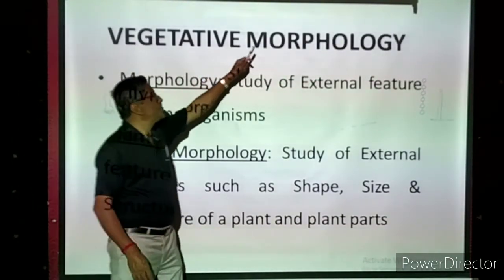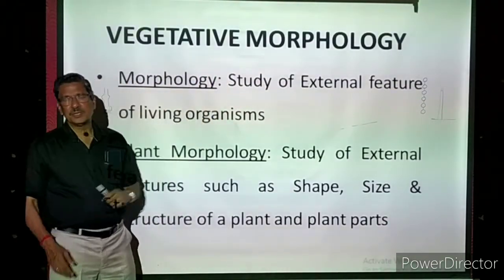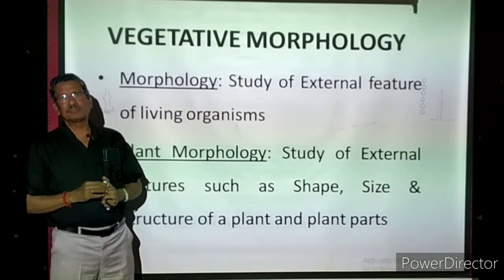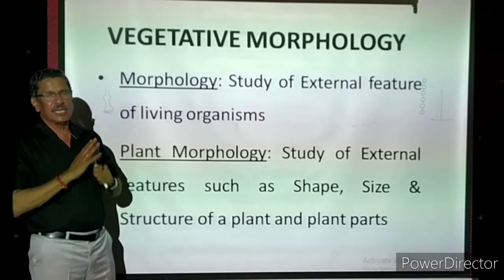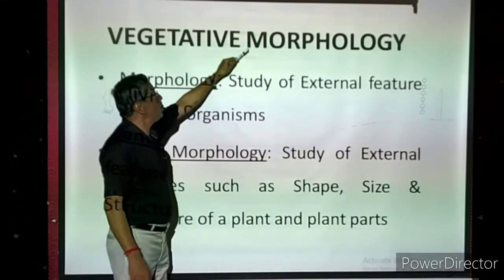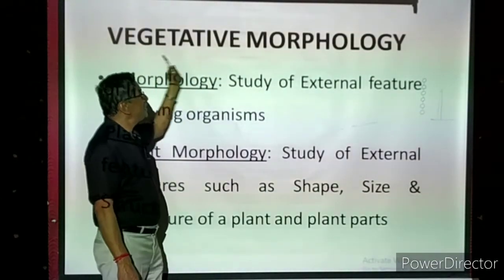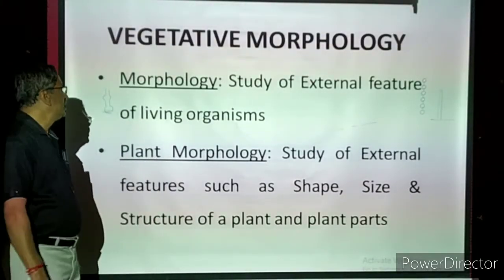Now, we are going to study the external features of the vegetative parts of a plant. That means, in this topic, we are not going to study about flower, which develops into fruits, which are bearing the seeds, that we are not going to take. The rest of the parts we are going to study. So, the study of vegetative parts of a plant, we can call as vegetative morphology. So, that is the topic today, what we are going to discuss.